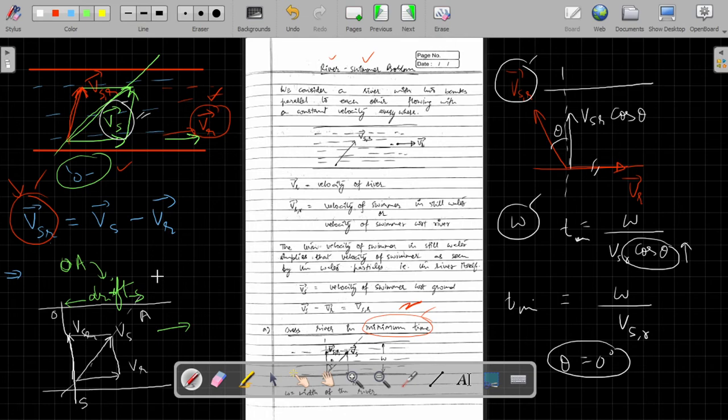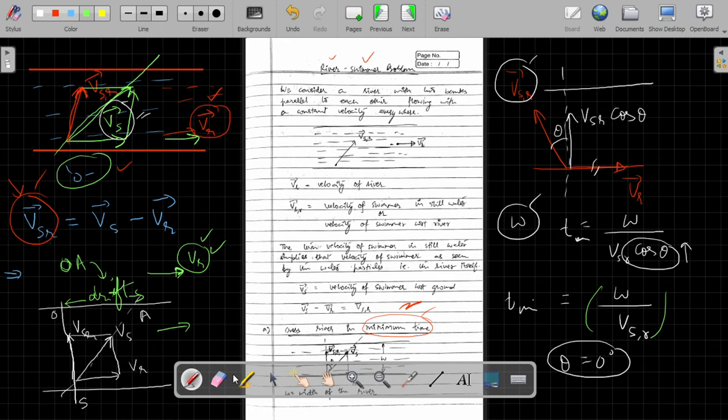So we know that the direction of the velocity of the man in this x direction is only the velocity of the river. There is no component of velocity of the swimmer with respect to river in this direction. So velocity of the man in x direction is only velocity of the river. This we know. So we'll be multiplying the time taken by the man in crossing the river with this velocity, that is the velocity of river, and this would easily get us the net drift of the man in this case.